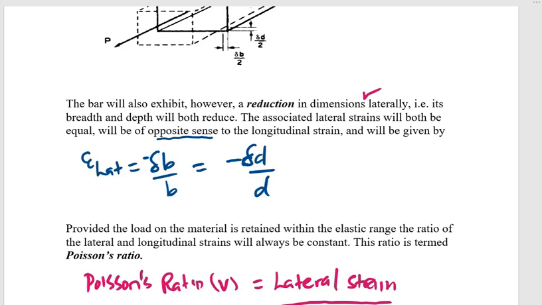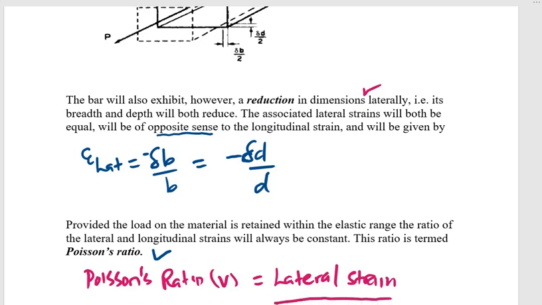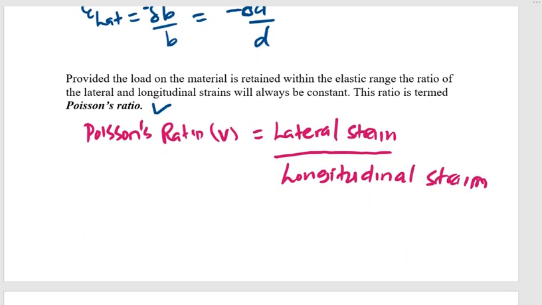Now, provided that the load on the material is retained within the elastic range, the ratio of the lateral strain and longitudinal strain will always be a constant. And this constant is what we refer to as Poisson's ratio. So Poisson's ratio, therefore, given as V, is equal to the ratio of lateral strain to longitudinal strain. And therefore,